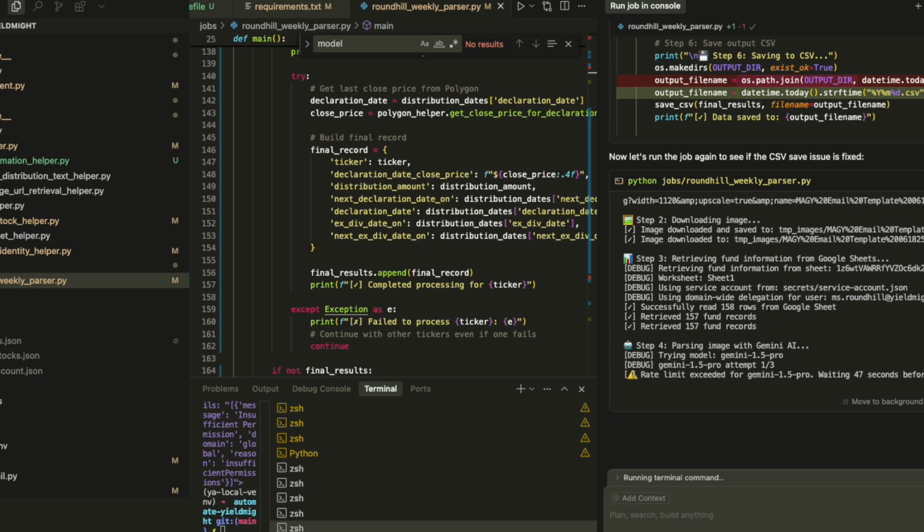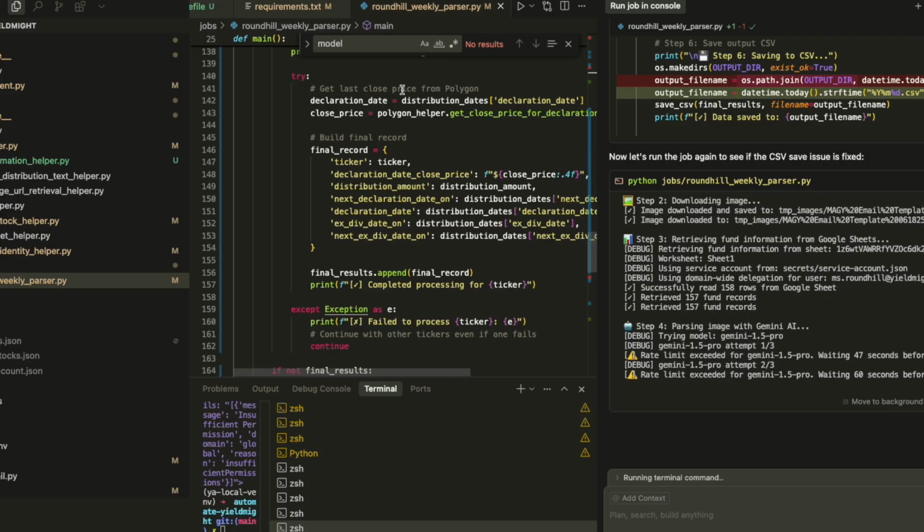And then hopefully I won't have to make different helpers, because this is just specifically for Roundhill, but I would make it for every one of the issuers and whatever cadence, and then just run them on the days that we're supposed to be getting the information, and that way I can still run it manually if it's like a weird thing that's happening. But this will really help free up my time, honestly.